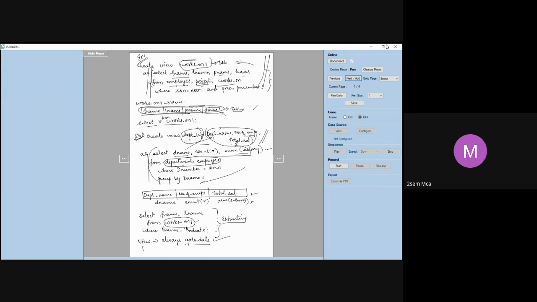Next, as we have created a view, we can also drop a view. As we drop a table or a schema, we can also drop a trigger. Yesterday's class, I think I missed out that. So you can drop a trigger, and you can drop a view also. How do I drop a view? Drop view name. Let us say here we have works on one, this is our view name. So I can use this kind of query, and it will get dropped.